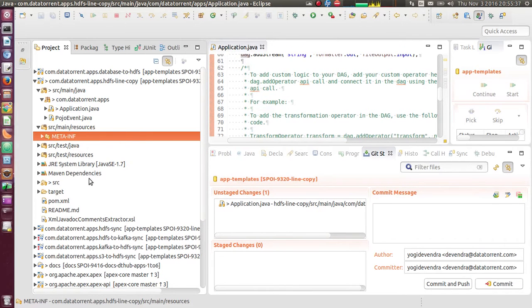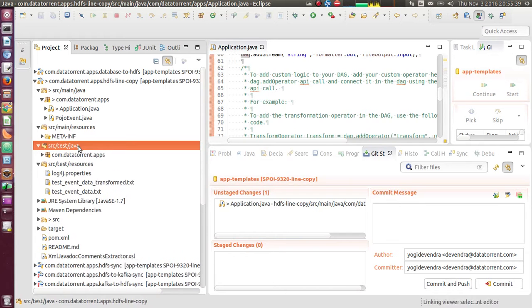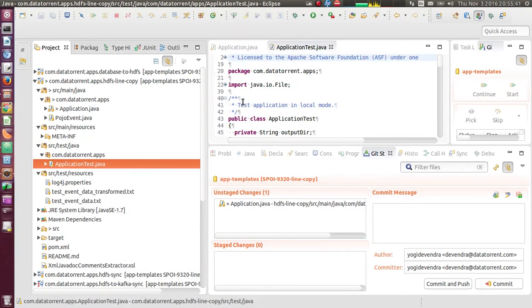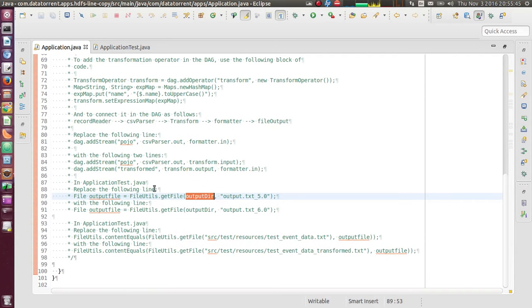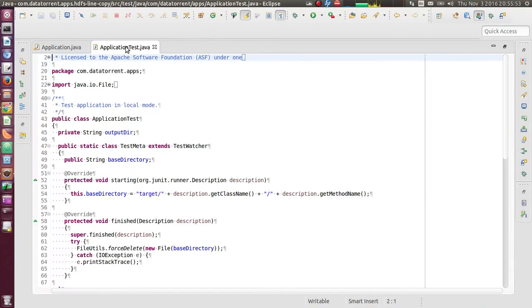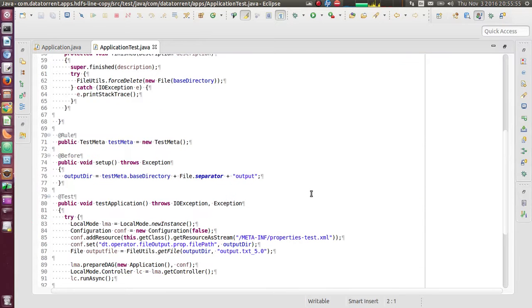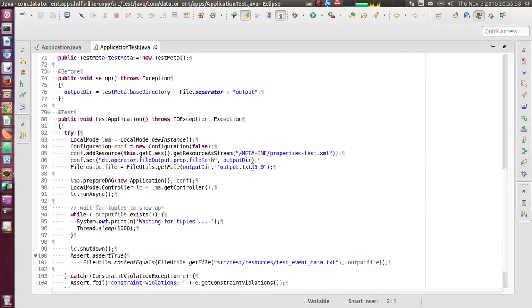So let's change ApplicationTest. According to this instruction, I need to replace _5.0 with _6.0 over here.